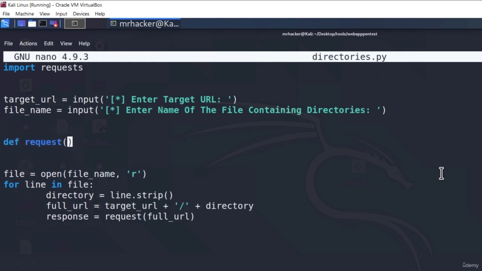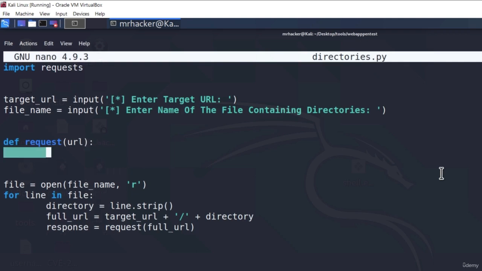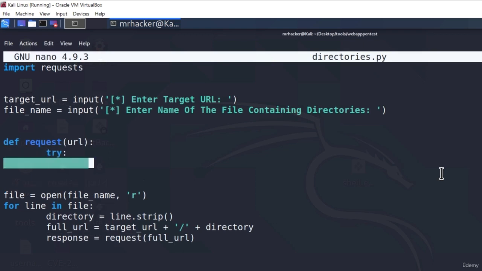This request, of course, takes the parameter of URL, and what this function should do is try to connect to that page that we're looking for, and if it doesn't manage to connect, we're just going to pass. So how can we do this? Well, we can type try, and then we can try to return from this function